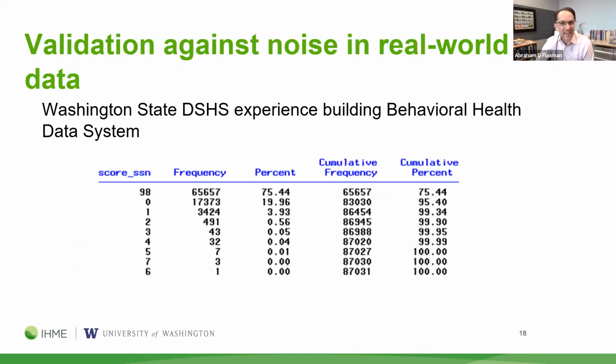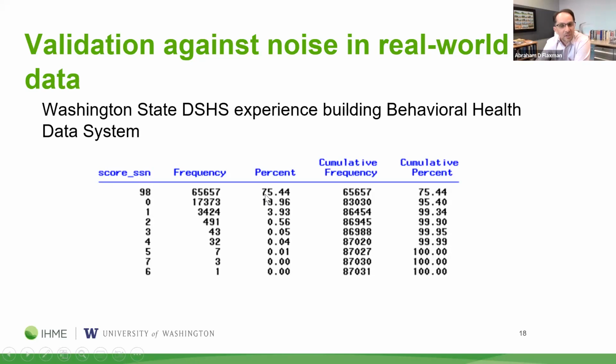So the place that we're at now is basically validating this against the noise that's found in real-world data. And we've got a great collaboration going with the Washington State Department of Social and Health Services, which in their own routine work does a lot of this kind of linkage, so that they can tell us, well, here's what it looked like for you, but here's what it looks like for us. For example, in their case, when they're linking data about people who are receiving social services in Washington state, they ask for social security numbers, but they don't often get them.